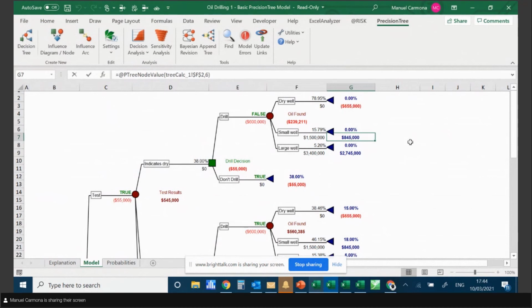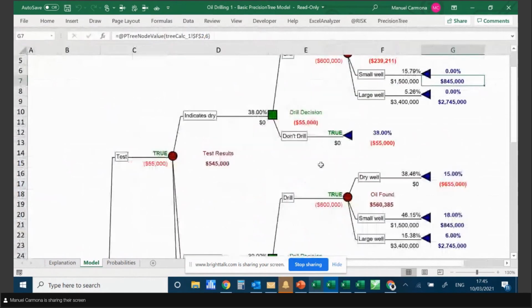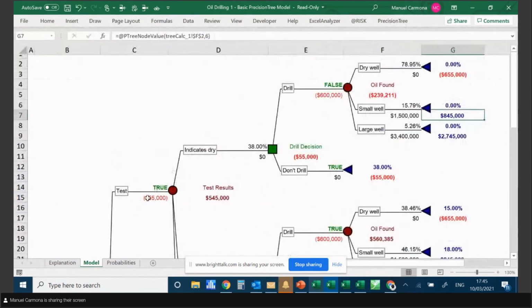So in addition to working out the expected monetary value of the decisions, which is what decision trees are for, I find these models really useful. You make it a bit bigger for communicating to colleagues or team members the probabilities and the payouts of the decisions, and structure the decisions accordingly. Let's go back to the